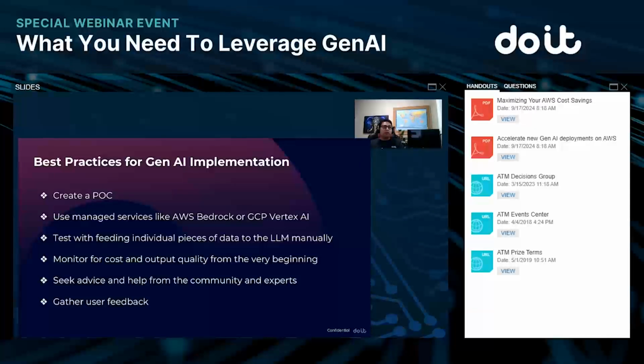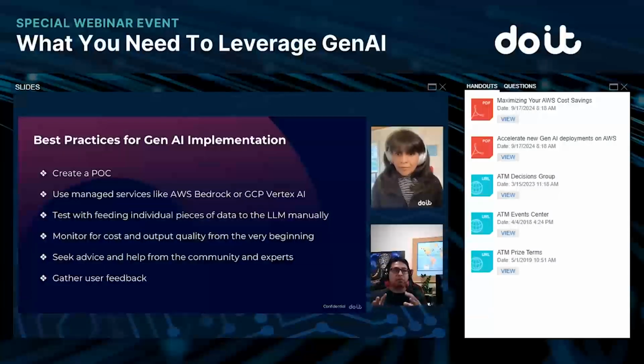And seek advice from the community. There are a lot of people right now invested in that. Seek advice from the community. Rupal and I have these conversations on a daily basis with different customers. And we have conversations from, hey, I want to use GenAI and I don't know how to start, to, hey, I'm running this in production, how can I make it better? How can I improve to be able to get this answer? All these different things. So ask, raise your hand, and go from there. So have a fantastic time with these POCs and gather user feedback. Iterate, get feedback, iterate, make changes, and go from there.